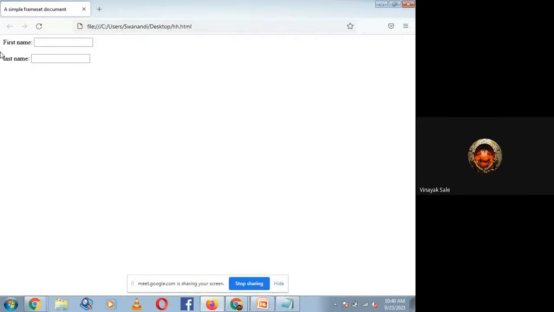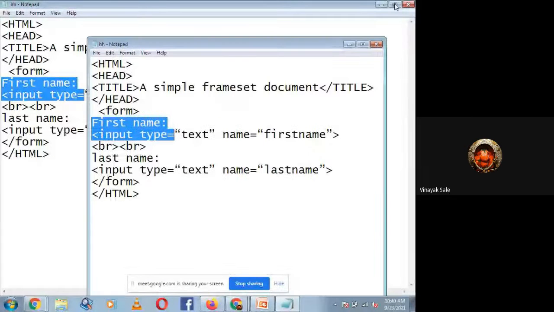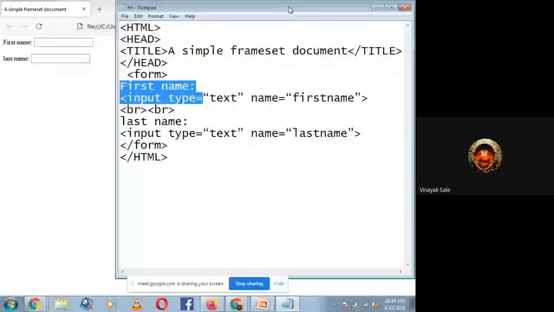See, this is your required output, and this is your code. See the input, that is the program code, and the output.